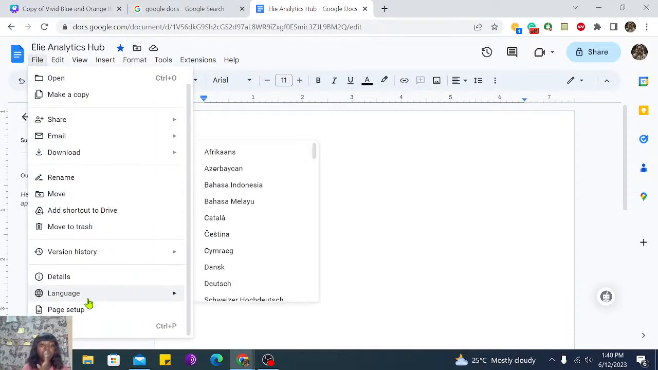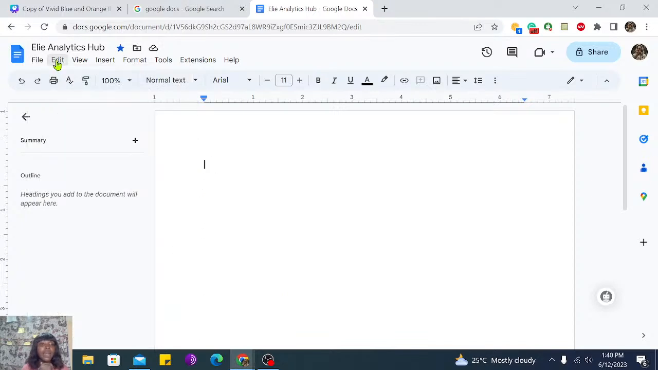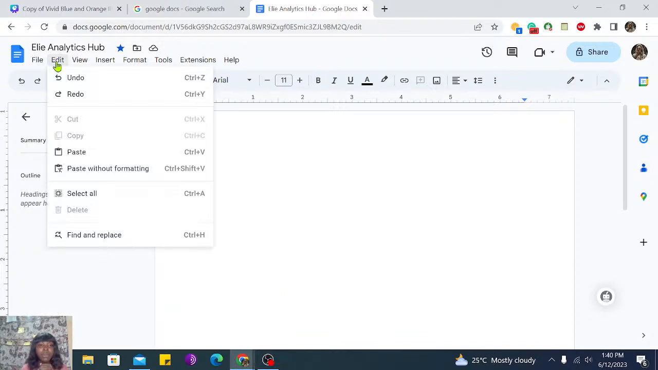You can always check the rest out. Then edit, you can undo, you can redo, Control Z, Control Y. Then you can paste without formatting, find and replace. So where this find and replace comes into play is, for example, I have